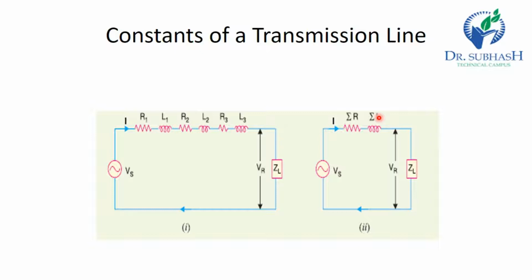The second one is the medium transmission line. A medium transmission line is above 20 kV and below 100 kV, with a length between 50 and 150 kilometers. This line has a sufficient value of capacitance, so the calculation of capacitance is also considered. But in the medium transmission line, we take resistance, inductance and capacitance as lumped parameters.